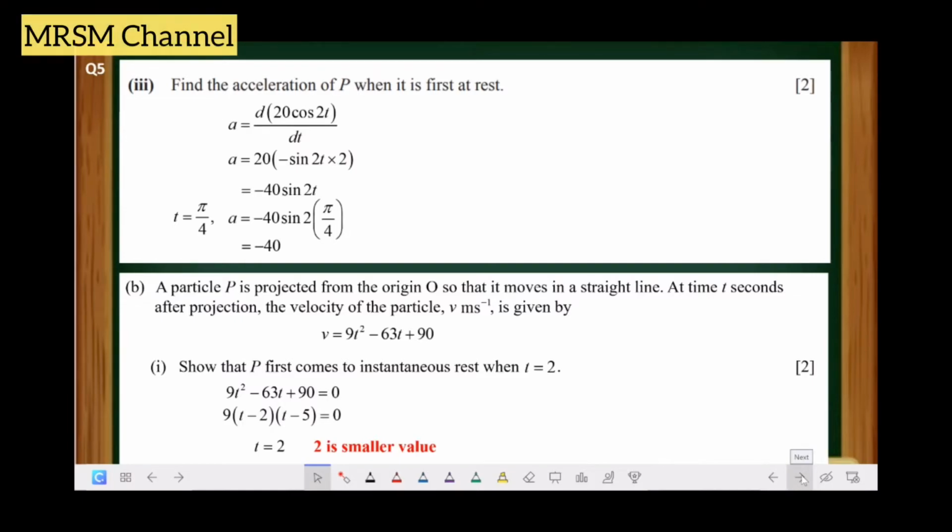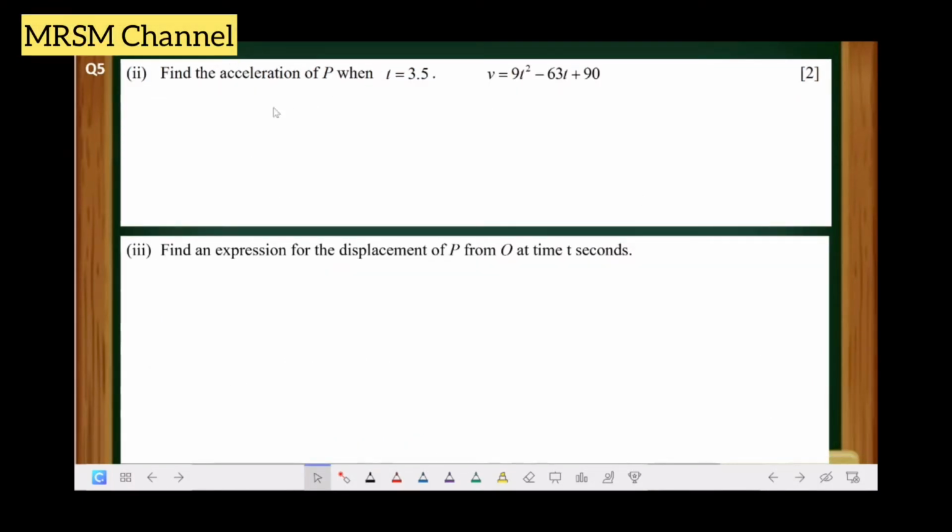Okay, next. Apa dia tanya? Dia kata find the acceleration of P when t is 3.5. Ni teacher tulis ni, v dia bagi ni, this is v. Okay, salin balik apa yang dia dah tunjuk dekat question asal dia. Alright, v is 9t square minus 63t plus 90. Okay, the question asks you to find